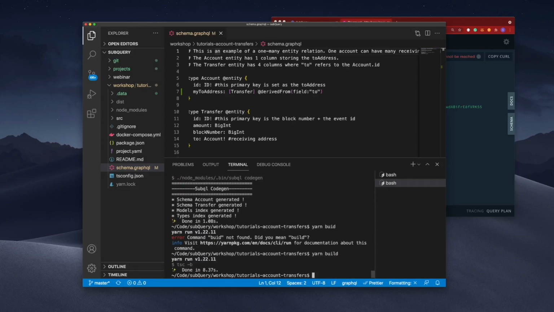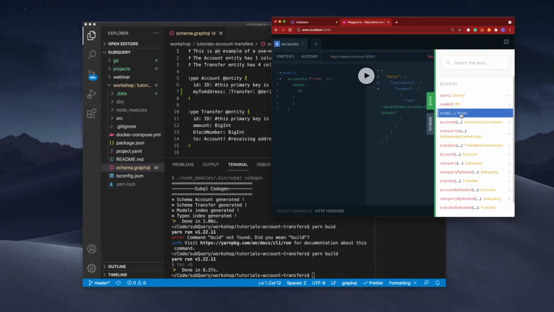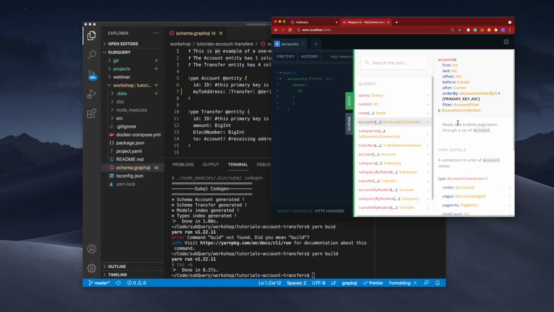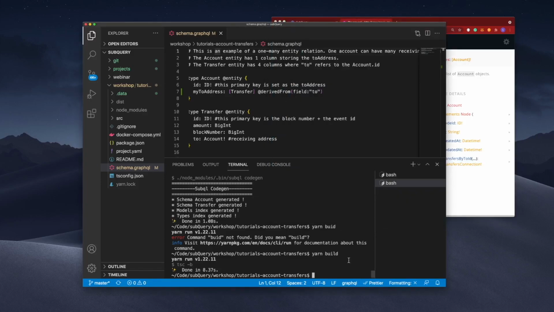Now I can go ahead and do docker-compose up, but it actually won't work because if I look at the documentation, looking at the accounts nodes, you'll see here I've actually still got my ID and I want to see my to address here. So if I go ahead and run docker-compose up, nothing will change. That's because I actually need to repull the Docker image.